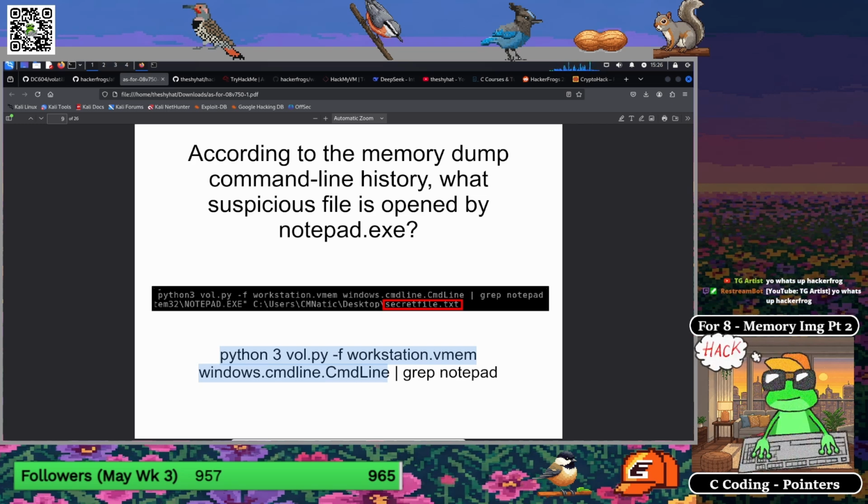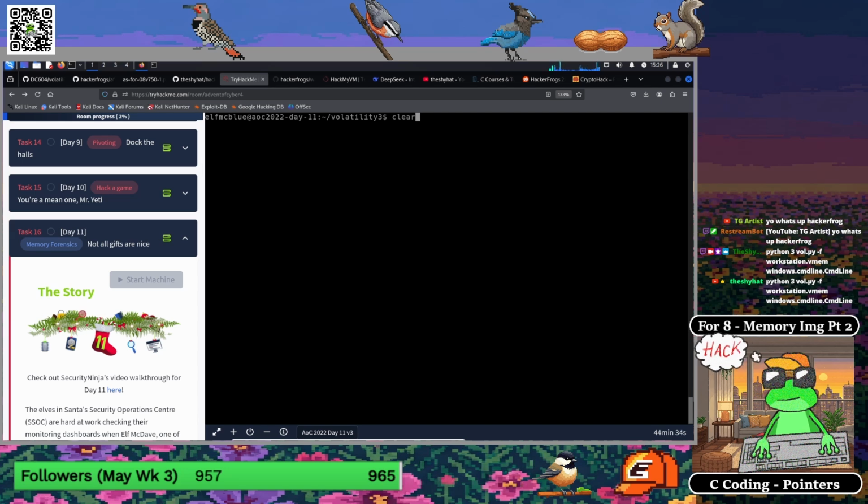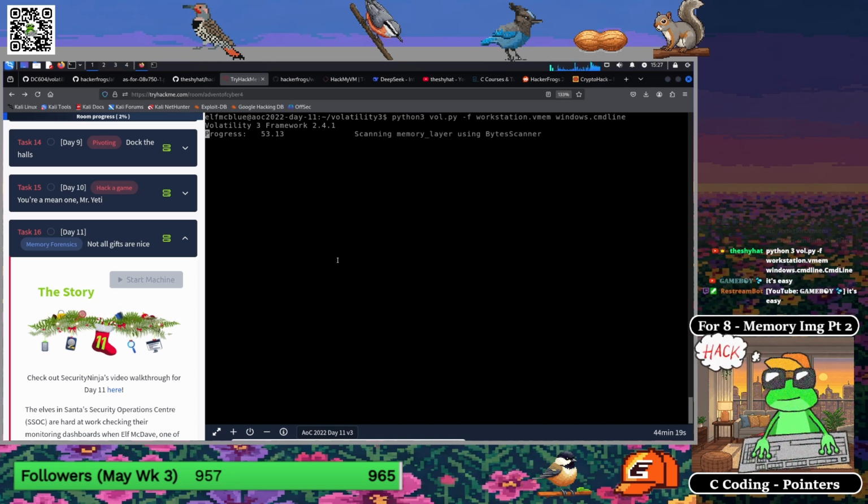So remember, when you're taking a look at these commands, the only thing that really changes is going to be the part after Windows dot. And in this case, it's going to be Windows dot CMD line. And let's go ahead and go over to TryHackMe and try it out. So the command is here. It's going to be Windows dot CMD line. So when we run that, it's going to take a little while to run that command, but afterwards,